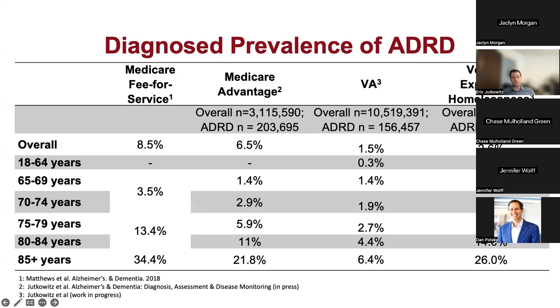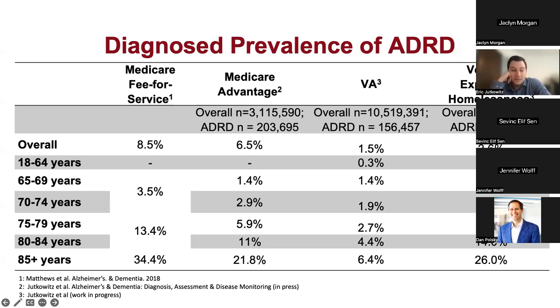But what was striking to us is we had done some studies looking at premature biologic aging in housing insecure veterans. There's this hypothesis that people who experience homelessness have accelerated biologic aging. And one way we were starting to think about whether or not we could test this was to see whether or not these veterans had higher prevalence of geriatric syndromes earlier in life. And so we looked at a number of geriatric syndromes, one of them being dementia. And you can see that the prevalence of dementia among housing insecure homeless veterans is rather large, especially in comparison